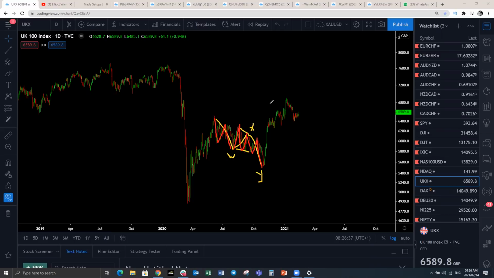It's easy to see it now that it has already played out. Okay, but we see this before it plays out. So a good trader is a trader that is able to see what the direction is on the right-hand side of the chart. I mean, the left-hand side of the chart, anybody can forecast, anybody can see what was happening. But what you do not know is what's going to happen on this side. So this is the UK 100.